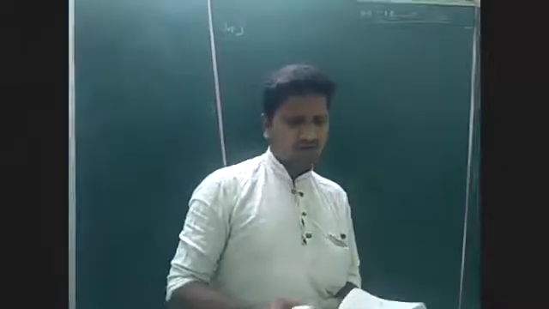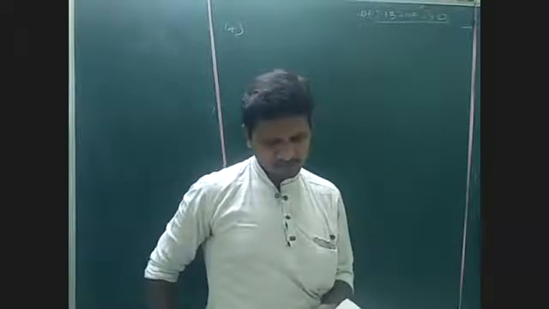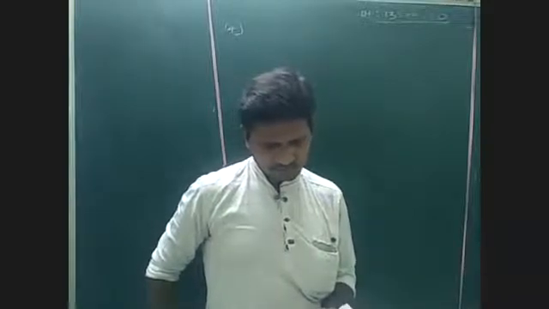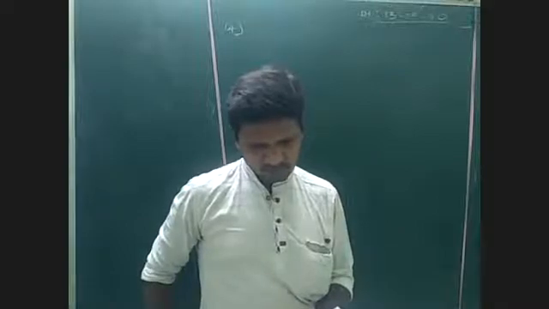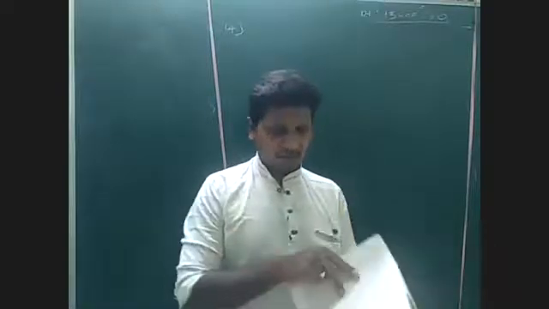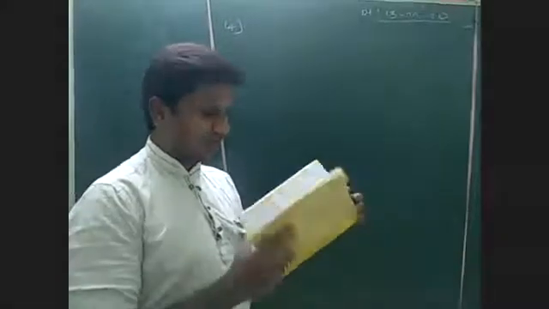Here they clearly give find the least value of a. Question number 14 is: for what value of a the function f given by f of x equals x square plus ax plus 1 is increasing on the interval 1, 2. Okay, it may be an old book. In this book they clearly gave find the least value of a. I searched and got one book. Just tell me the question.